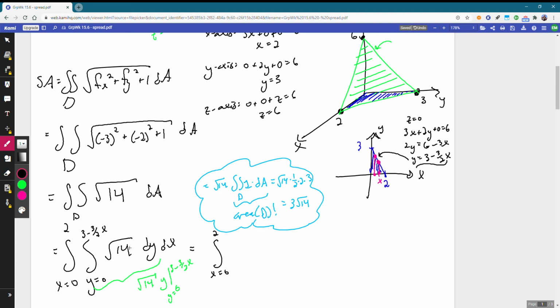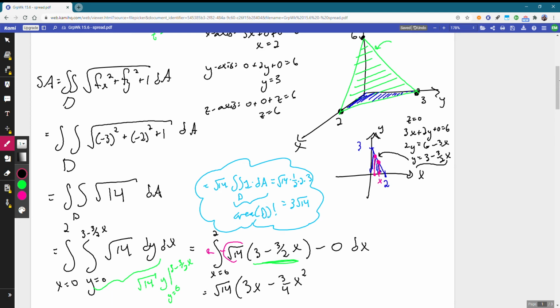And so plugging in our top limit, we'll get root 14 times 3 minus 3/2 x. And then plugging in y equals 0 will give us just 0. At this point, let's slide out that root 14. And what we have left to integrate is just this 3 minus 3/2 x. And so 3 becomes 3x. And here we're going to get